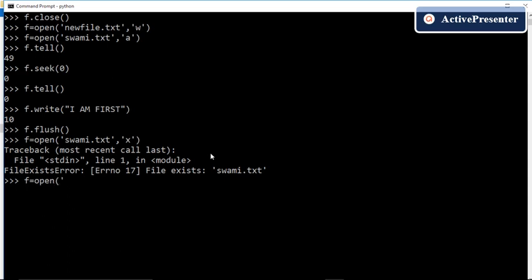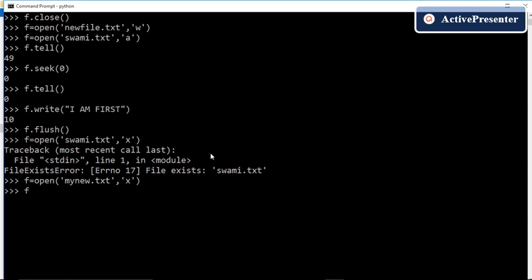Let us apply a new name, my new file, and X mode. In this case I have taken a new file name, and there is no such file existing in the present folder. So we can see it is working. X mode will create a new file only if the file does not exist.